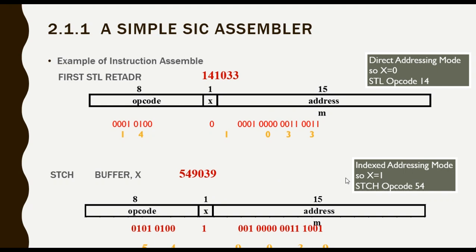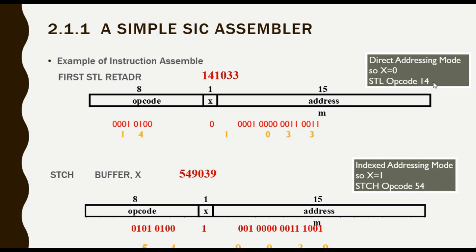Only 2 types. If X is used in your program, the X modifier, then that instruction is indexed addressing mode. By then X will be 1, otherwise X will be 0. For example, STL RETADR, here X is equal to 0. And the opcode, they will give during the exam, otherwise you refer to your textbook appendix, where all the opcodes are available. It's the standard machine equivalent code, because finally the instructions are converted into the form of binary 0 and 1. So even the opcode has to be converted into 0s and 1s.